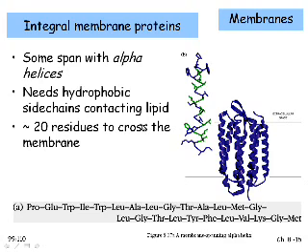So when we think about integral membrane proteins, we have to have some way of getting across that lipid bilayer, both structurally and developmentally. We're going to talk about the developmental part later on in the course when we talk about protein synthesis, but for now let's talk about it structurally. Some of the integral membrane proteins use alpha helices to stretch that distance from one leaflet to the other. And so you have this repeating,